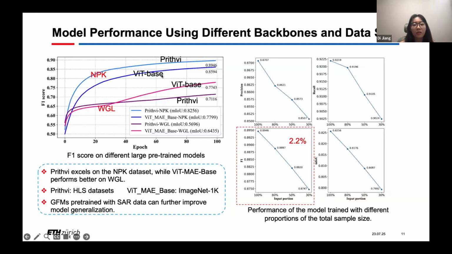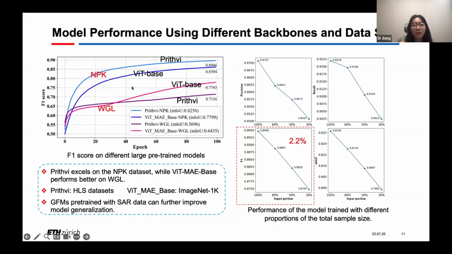The difference is that the PRISV was pre-trained with multispectral data, and the ViT base is pre-trained with ImageNet 1000, which is RGB images. In the NPK data set, the PRISV performs better than the ViT base because the PRISV is pre-trained with multispectral data, and the NPK data set has multispectral bands.